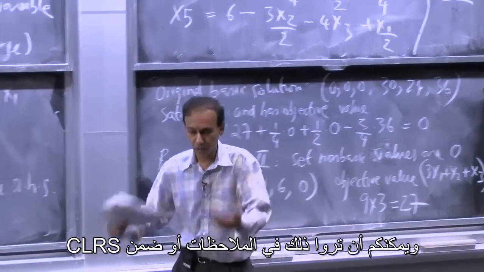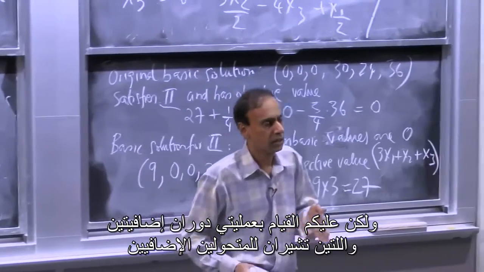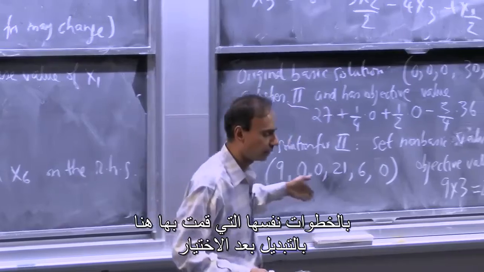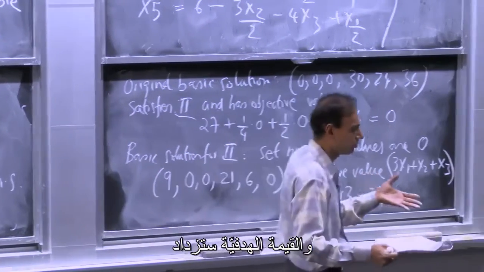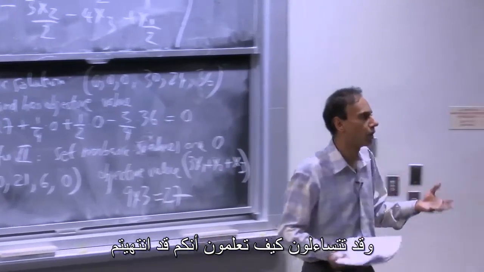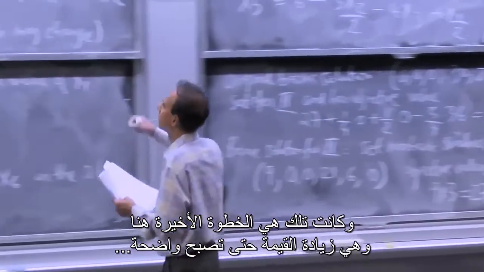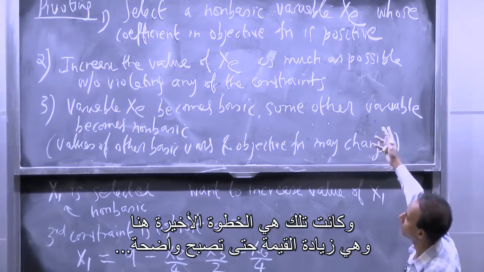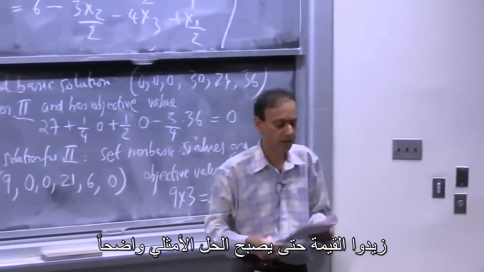And you can look at this in the notes or in CLRS, but you have to do 2 more pivots corresponding to 2 other variables, the same grungy stuff that I went through here, substitution after selection, and the objective value is going to increase. And you might ask, how do I know that I'm done, right? And so that was the last thing here, which is pivoting, I'm sorry. Increase the value by pivoting until it becomes obvious what the